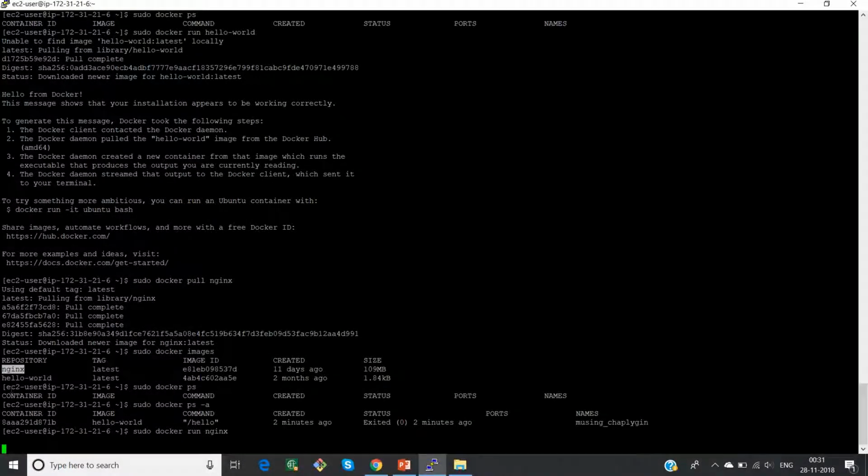It's taking some time, maybe just because it is a web server. I'll just close it and try to pull an Ubuntu image. So my command will be sudo docker run